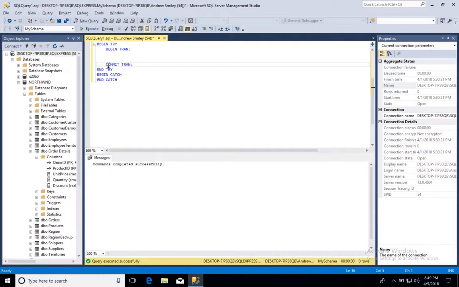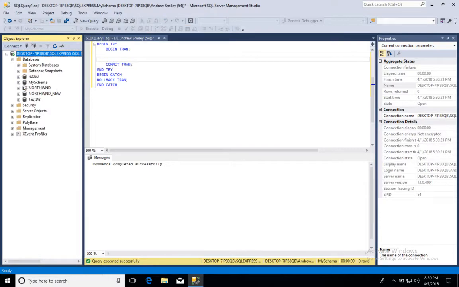And so this allows us to basically put big sections of code in as transactions. And if an error occurs somewhere in here, what we can do is inside of our catch, we can do rollback tran. And this allows us to undo all of our SQL that we've done in here. So an example of this is going to be,